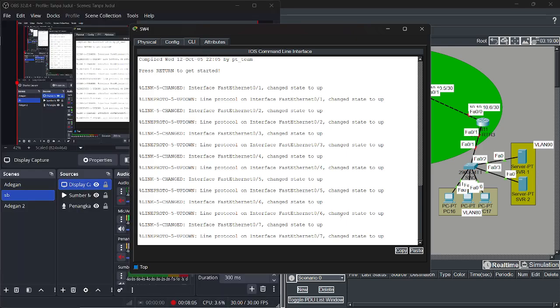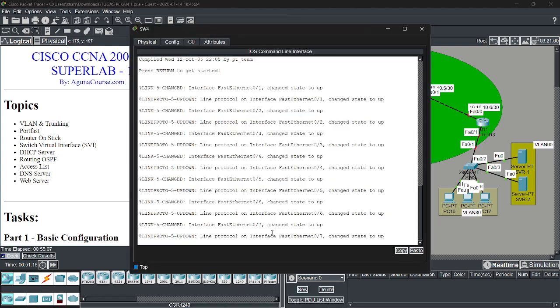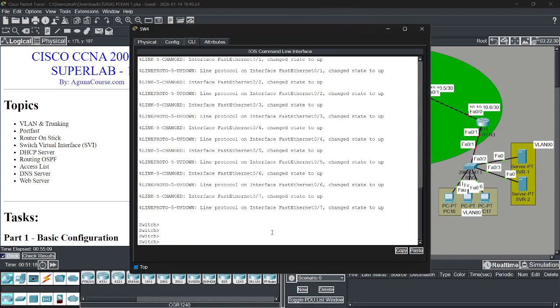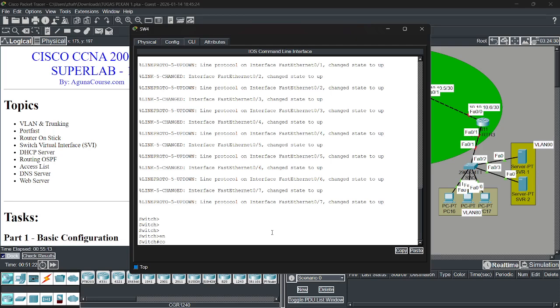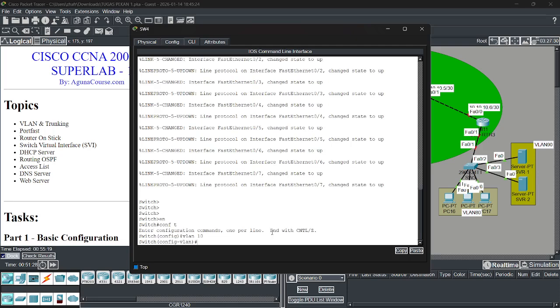First, we need to add VLANs in switch 4. VLAN 10, name VLAN 10.